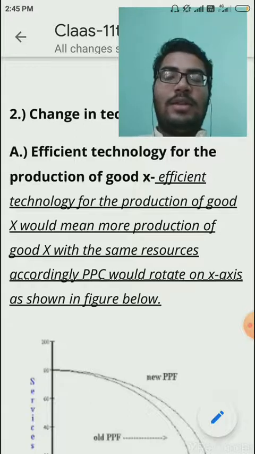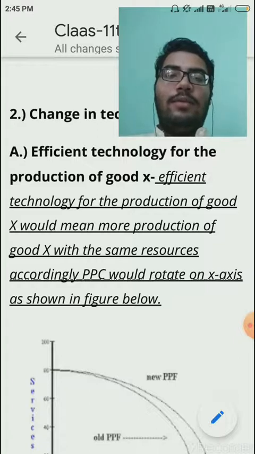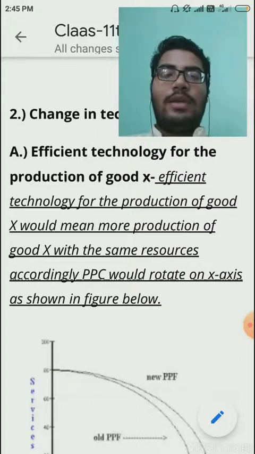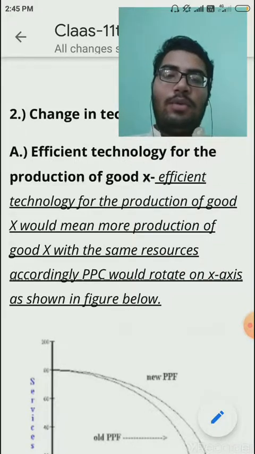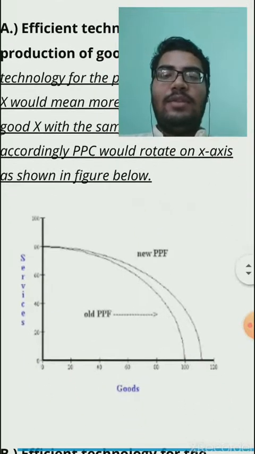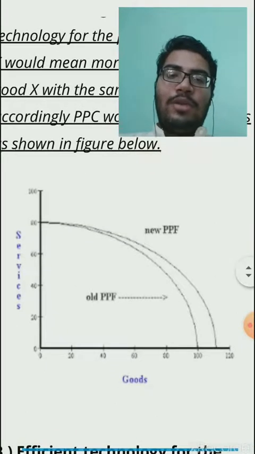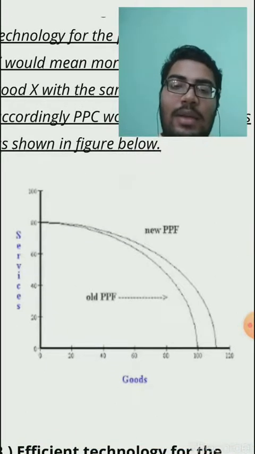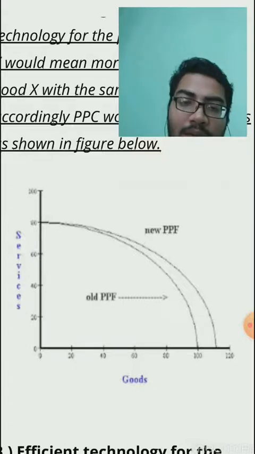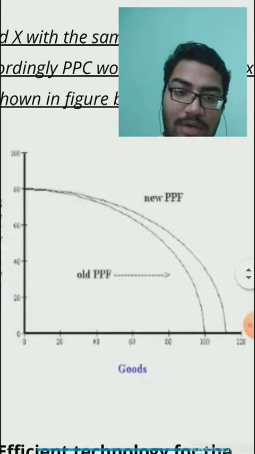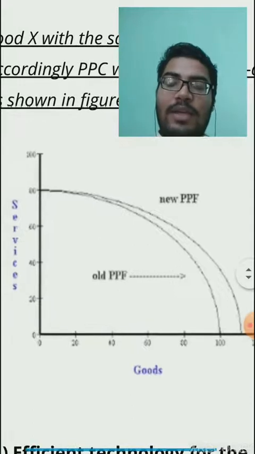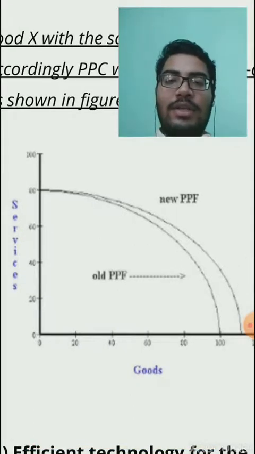यानी कि अगर किसी इकोनॉमी के अंदर रिसोर्सेज का जो लेवल है वो गिवन है और एक्स एक्सिस पे जो गुड हमने ले रखा है उसको प्रोड्यूस करने की जो टेक्नोलॉजी है उसमें अगर इंक्रीमेंट हो गया तो एक्स एक्सिस पे जो गुड दिया हुआ है उसके तरफ प्रोडक्शन पॉसिबिलिटी कर्व जो होगा वो रोटेट करेगा, जैसे कि ये विद गिवन एग्जांपल है। ठीक है, अब पुराना जो प्रोडक्शन पॉसिबिलिटी कर्व था वो ये था कि गुड एक्स की हम सिर्फ 100 यूनिट को प्रोड्यूस कर सकते हैं और वाई एक्सिस की तरफ जो गुड है उसकी 80 यूनिट का प्रोडक्शन किया जा सकता है।